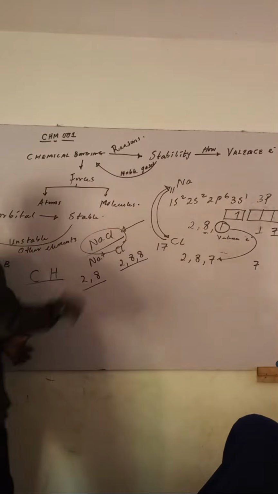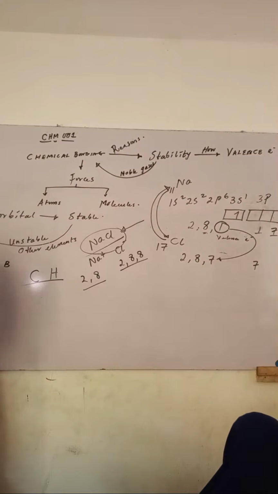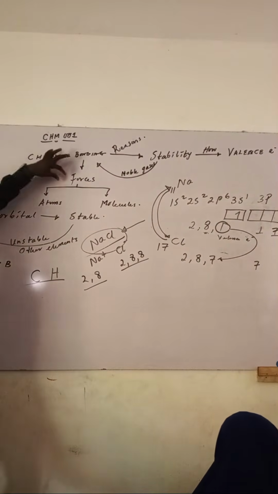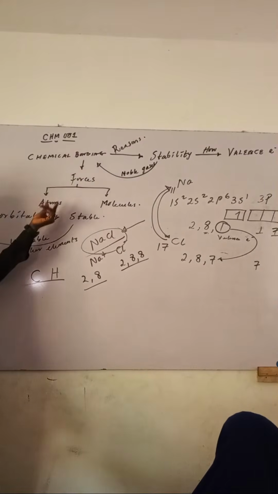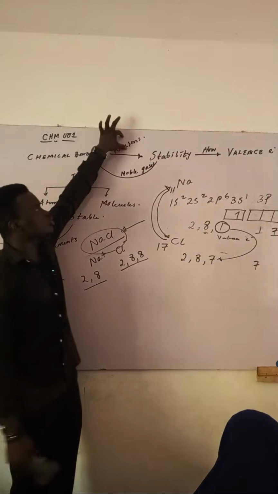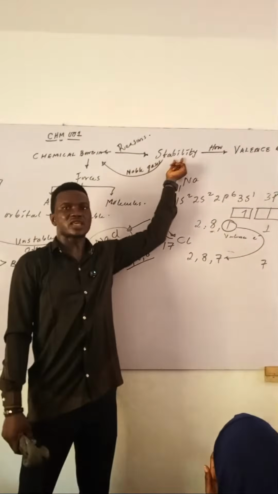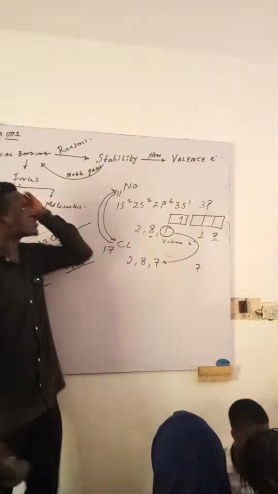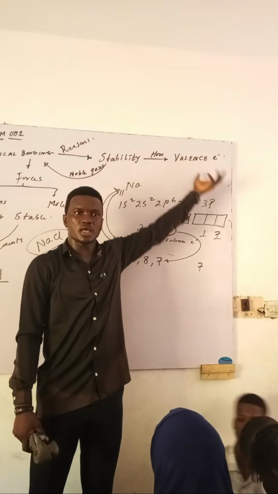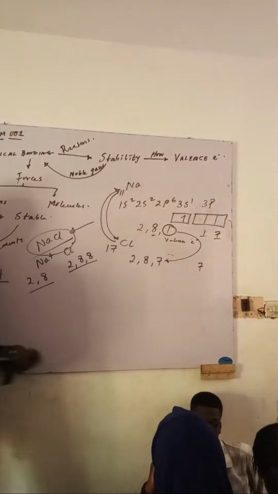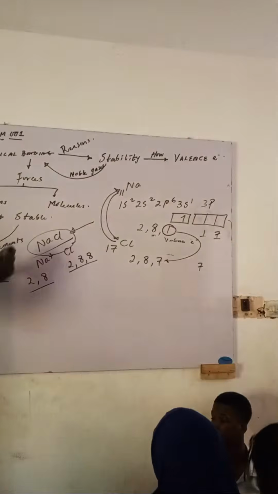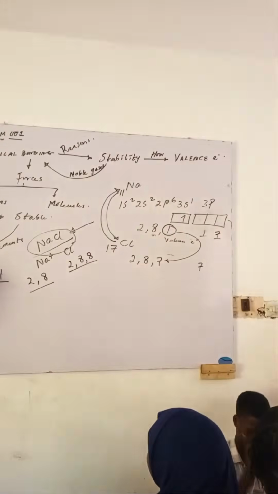So now, let's go back to pictorial overview. So I said chemical bonding talks about the different types of forces that is present in atoms and molecules. And why do elements go into bonding? Because they want to attain stability. In order to attain that stability, what do they use? They use their valence electrons. Is that taken? So now, I want to rub these stories. Can I?